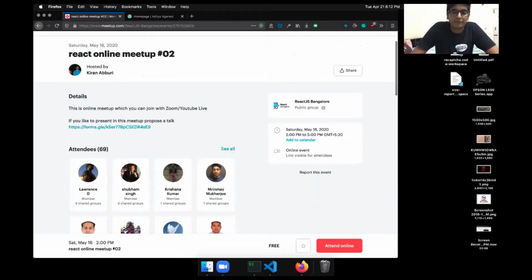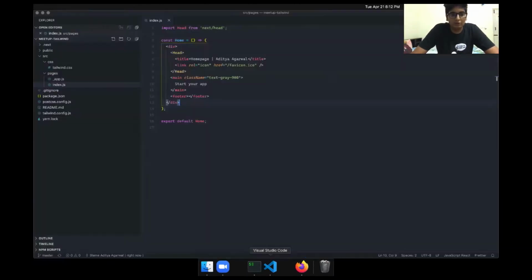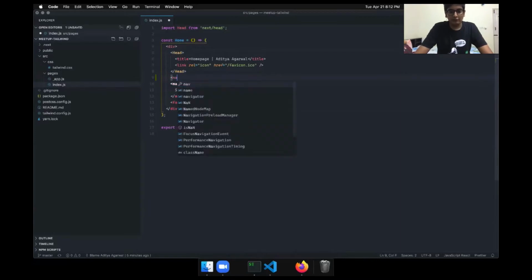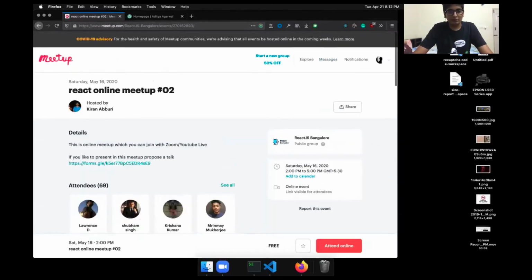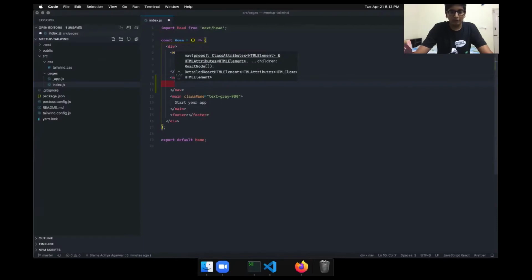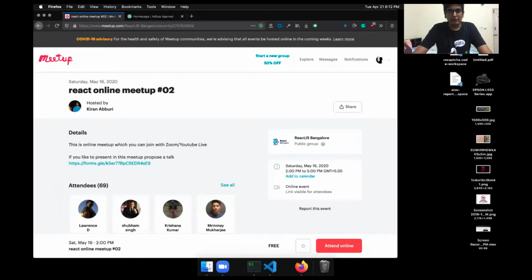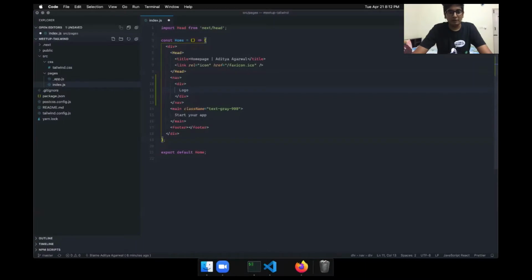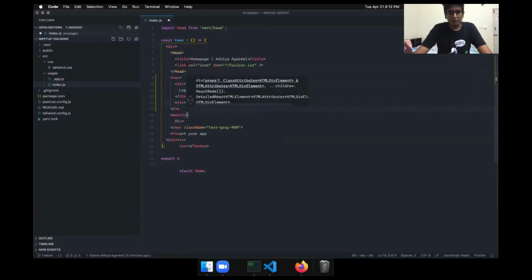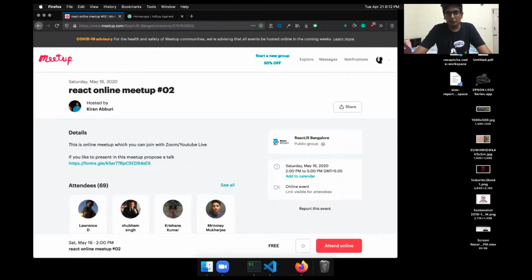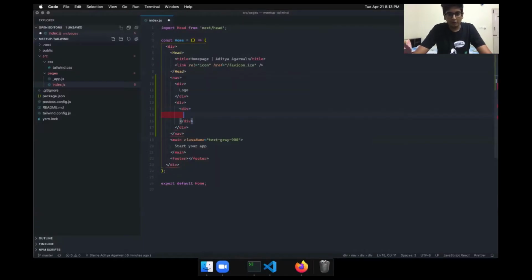Cool. So let's build the layout. I have a main section. As you can see, there's a div, and this is just a head section, and then there is a main section. After the head, we can have a nav that will contain all this data like logo and stuff. So in the nav, there will be a div, there will be a logo, and then there are two sections. So I'll make another div, and in this div there will be two sections. So another div, and then there would be another div.